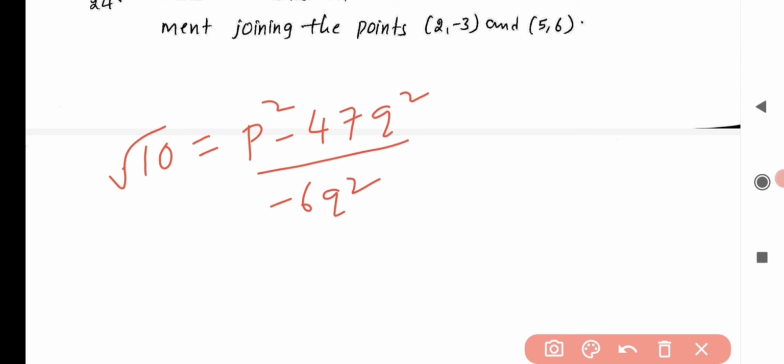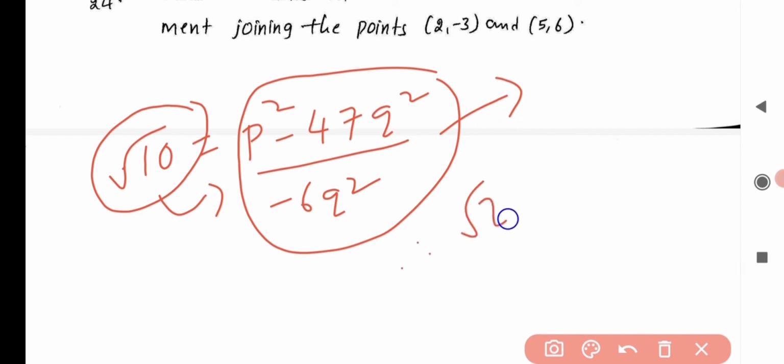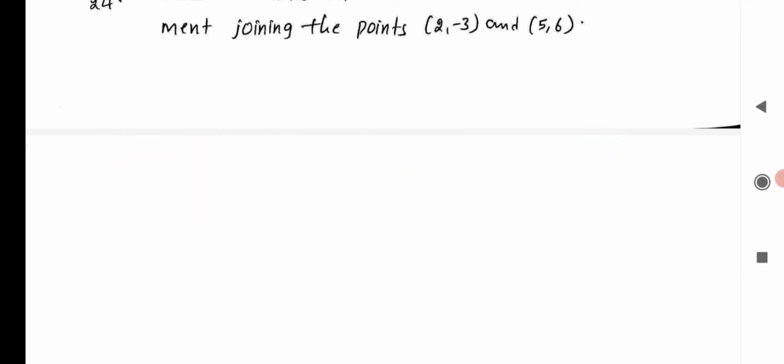Now see, the root 10 value here, p square minus 47 q square by minus 6 q square, means this is rational. Why? Because this is in the form of p by q, but root 10 is an irrational number, so our assumption is wrong. Therefore root 2 minus 3 root 5 is an irrational number. Okay, next,